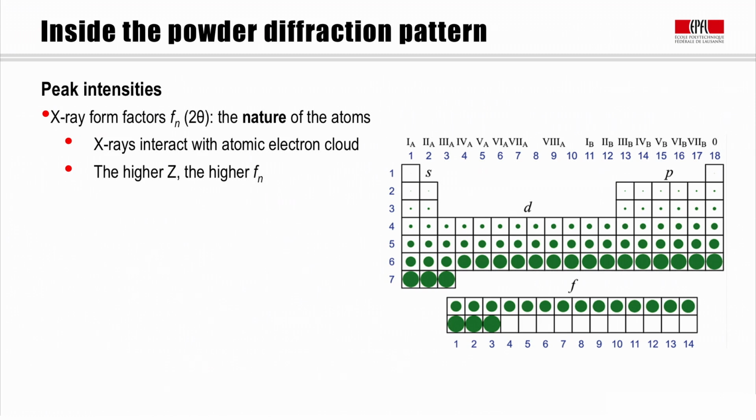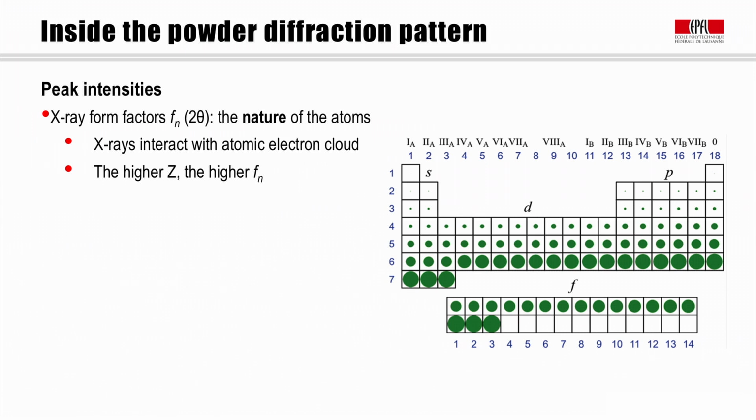Looking at the first of the parameters in the intensity equation, we have the X-ray form factors that actually reflect the nature of the atom itself. X-rays, in fact, interact with the atomic electron cloud. The higher the number of electrons in this cloud, or the higher the atomic number Z, the higher the X-ray form factor will be. This is what is reflected in the slide on the right-hand side, where you can see